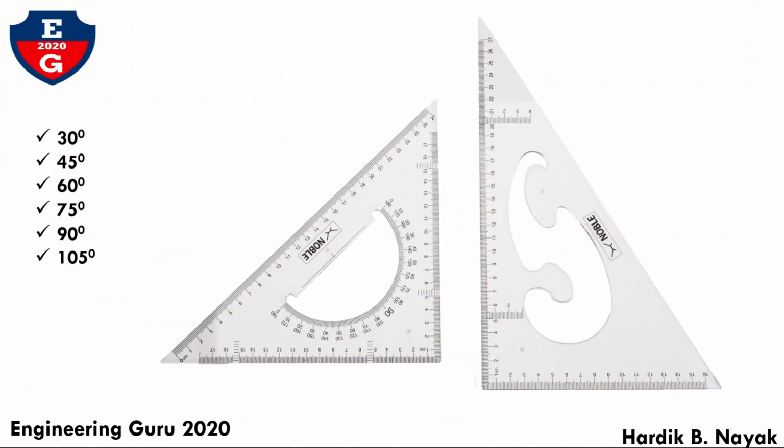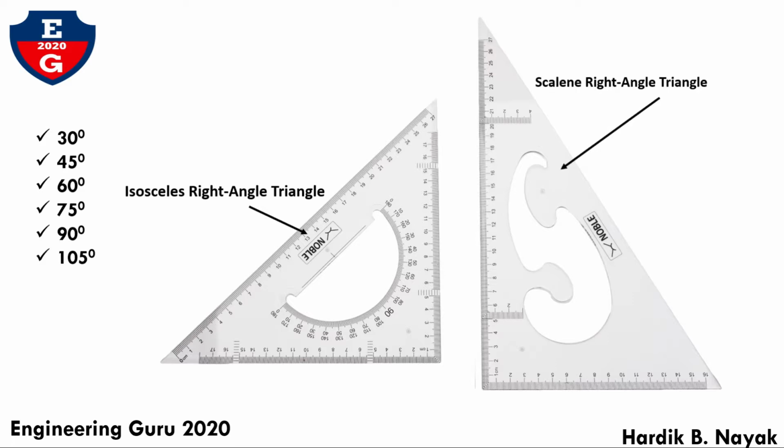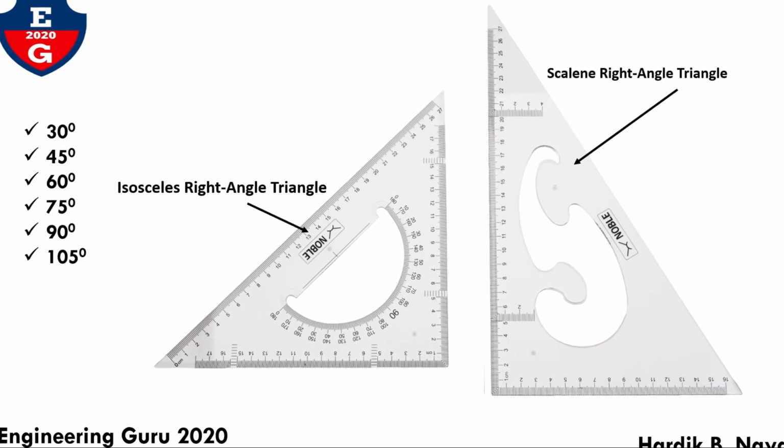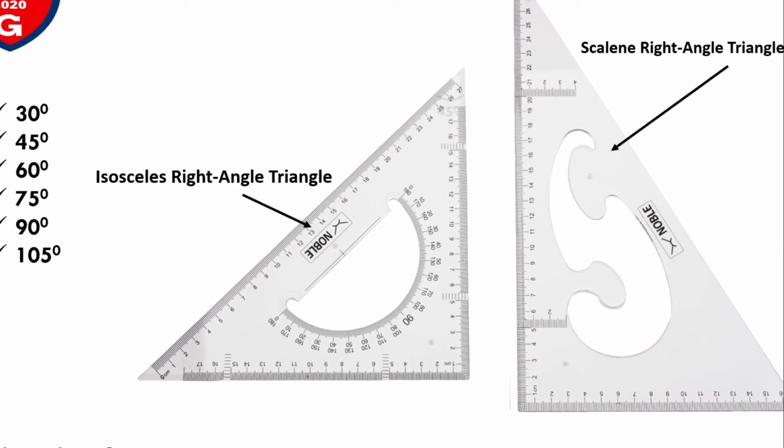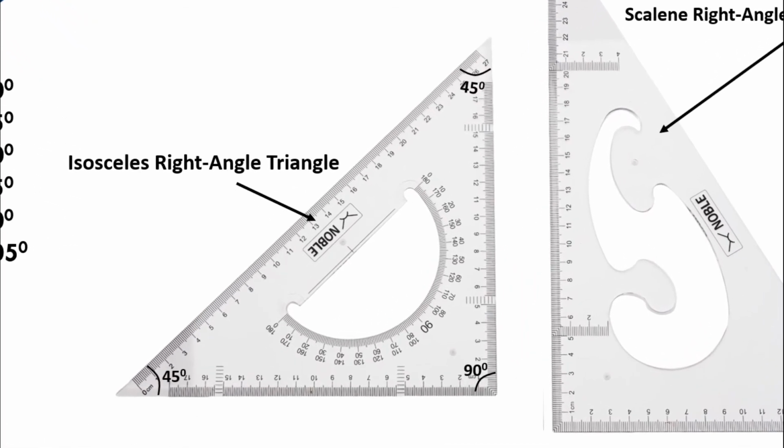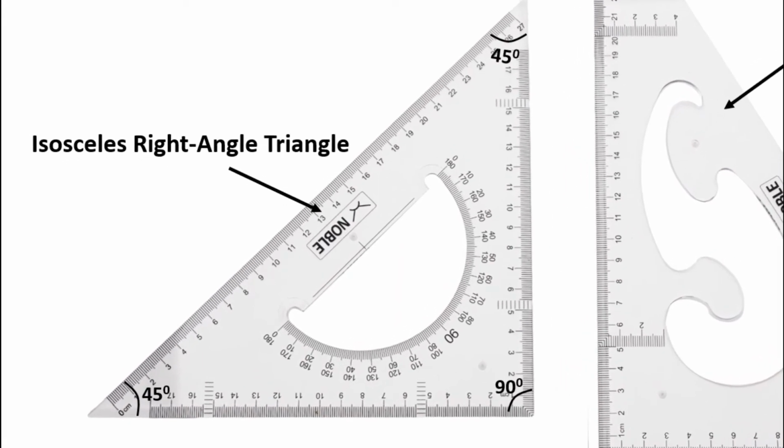A set square is a geometrical instrument, triangle in shape and made of plastic. There are two types of set square. One is in the shape of an isosceles right angle triangle and the other one is in the shape of a scalene right angle triangle. One of the pair of set squares in the geometry box has angles measuring 90, 45 and 45 degree and